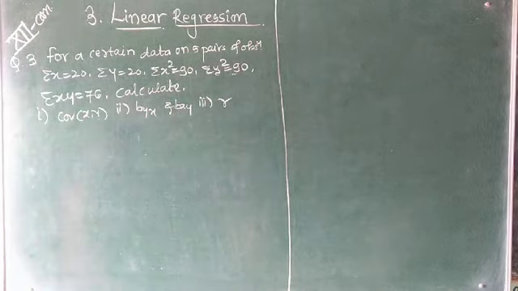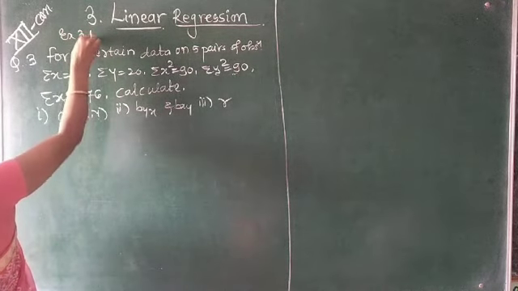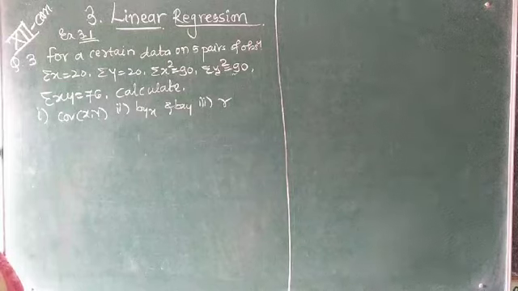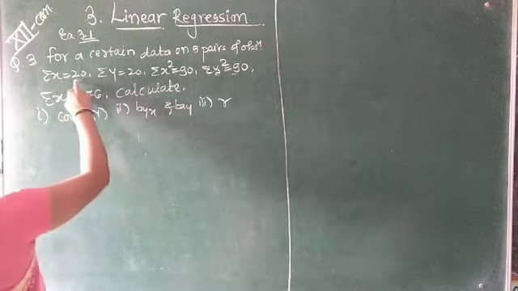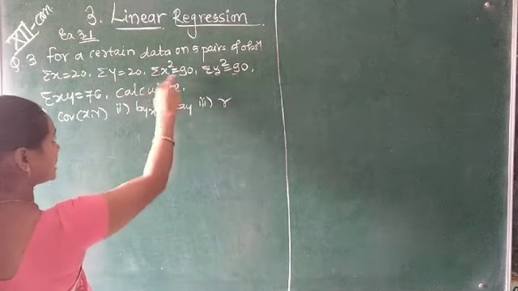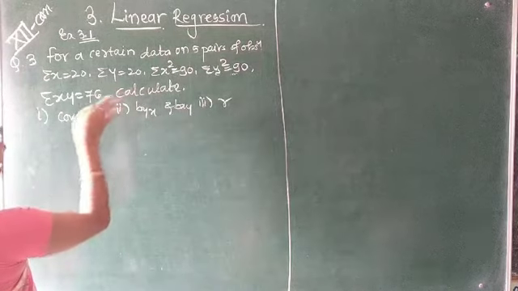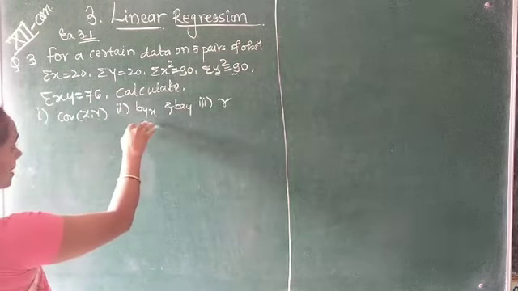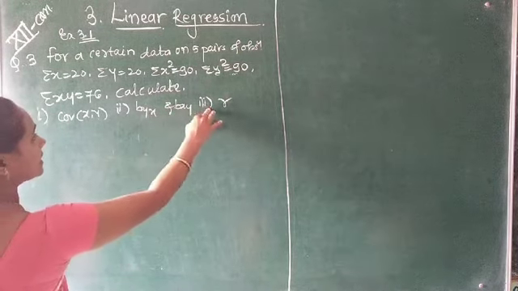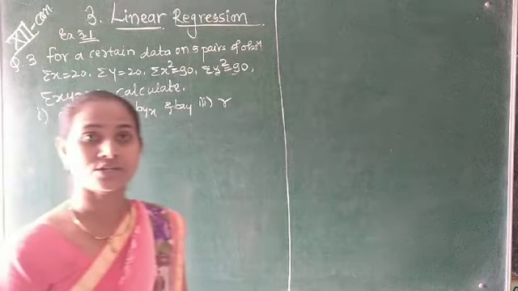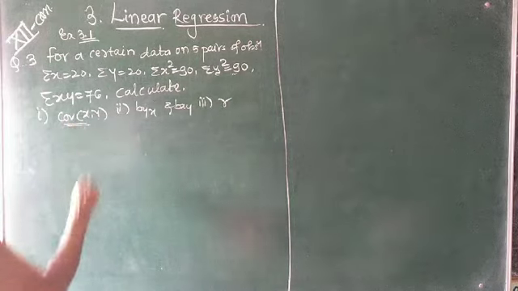Now see the next question, question 3 in our exercise 3.1. Here we are given data of 5 observations. Summation x is 20, summation y is 20, summation x square is 90, summation y square is also 90, and summation xy is 76. Then we have to calculate the covariance of xy, byx and bxy, the regression coefficients of x and y, and the third one, the correlation coefficient, denoted by r. First we are going to find the covariance of xy.